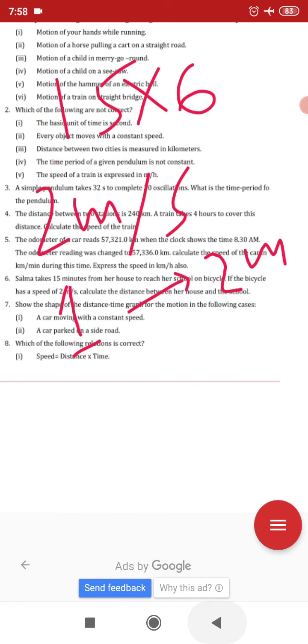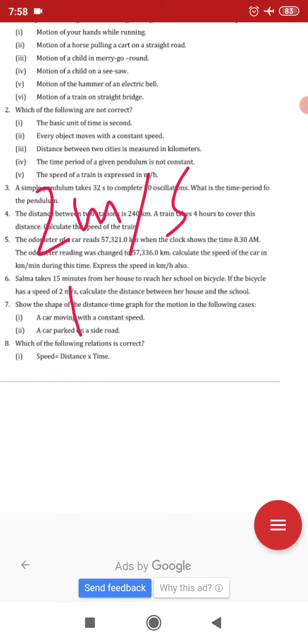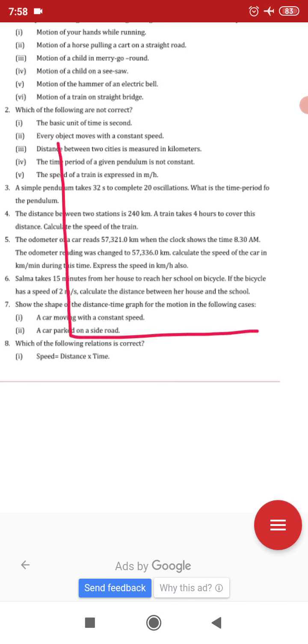Now 7, show the shape of the distance time graph for the motion of a car moving with a constant speed. Suppose the shape, the time and distance graph should be shown. So here just make 2 lines, one is horizontal, another is vertical. This is vertical line. So this is the speed, this is time, this is speed. So S for speed, okay, and T for time. So the car is moving with a constant speed. This constant speed, that means